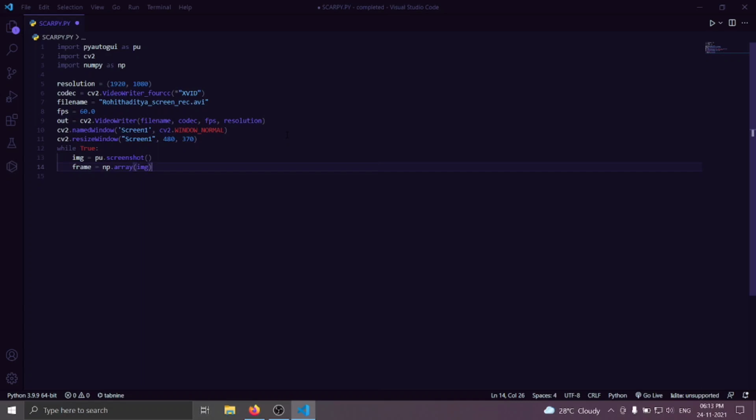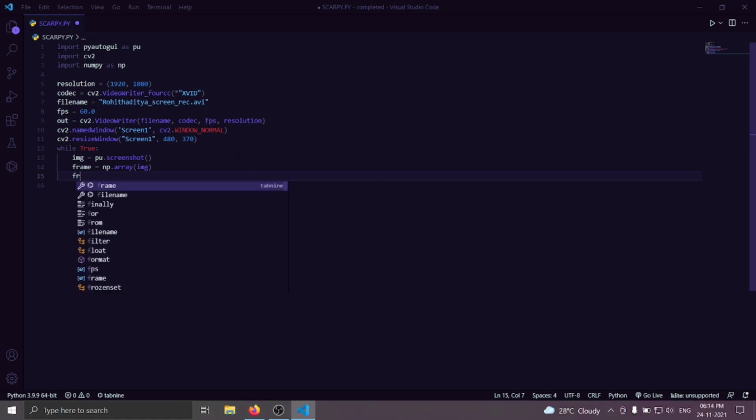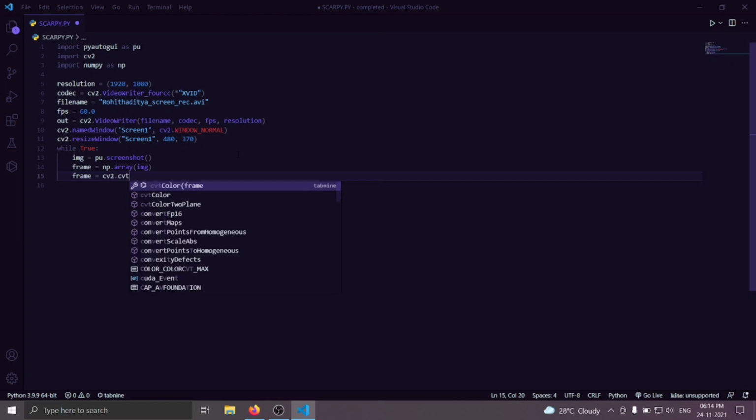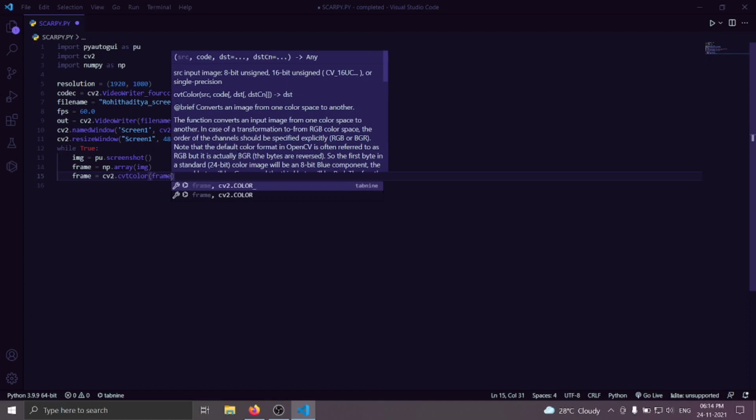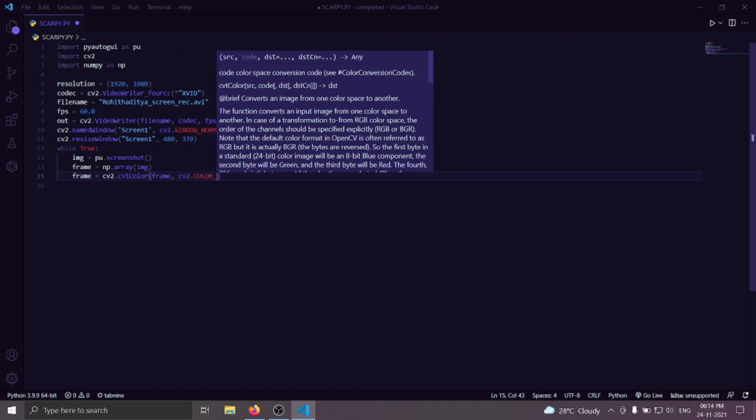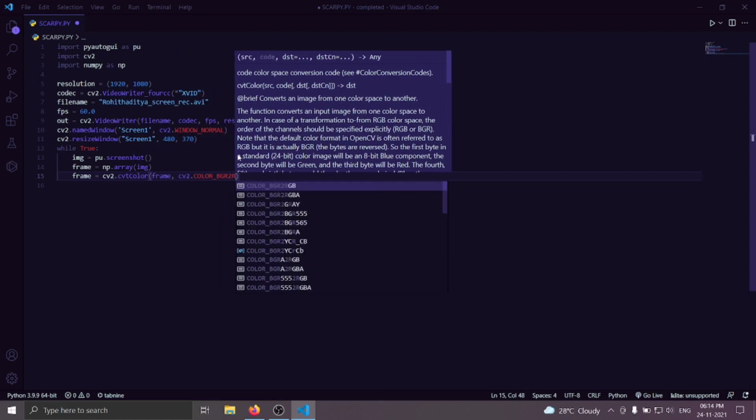Okay, and then after image, now we need to convert this blue green red screen as red green blue screen. So that's done by default by cv2. So cv2.cvtColor, as frame comma cv2.COLOR_BGR2RGB.